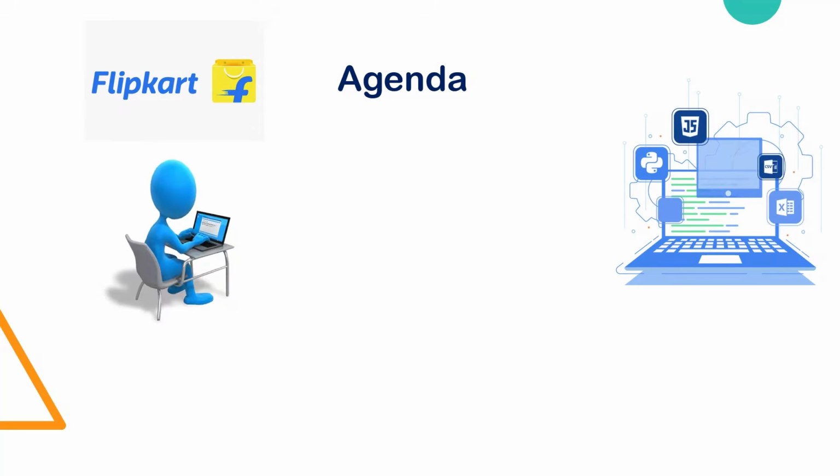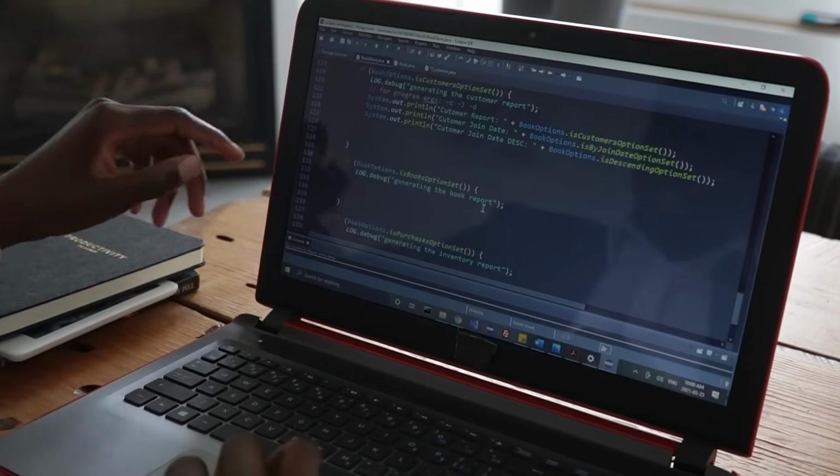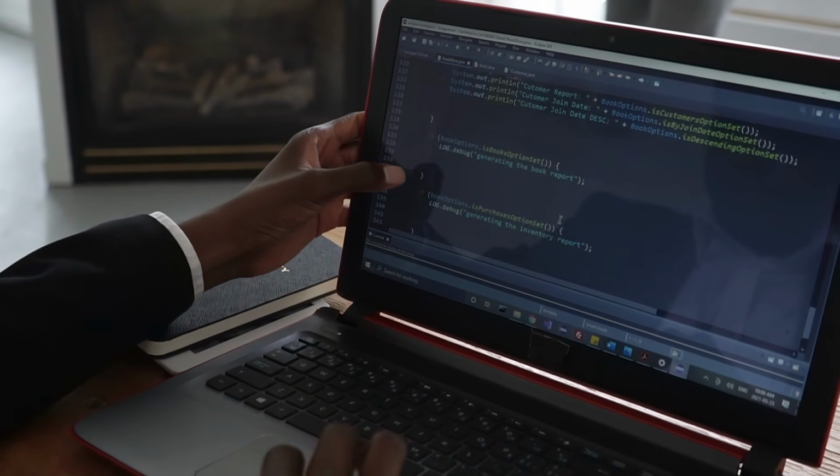Hi, in this video, I'm going to show how to extract product information from Flipkart using Python programming language. And to keep things real, we will take mobile phone as our example. Whether you're working on price tracking tools, building a data project, or just curious to learn web scraping,